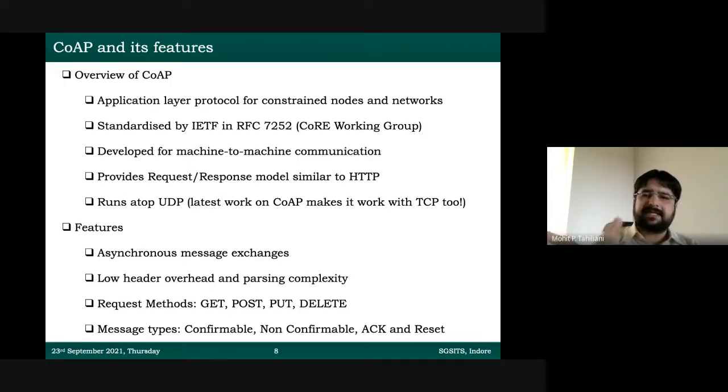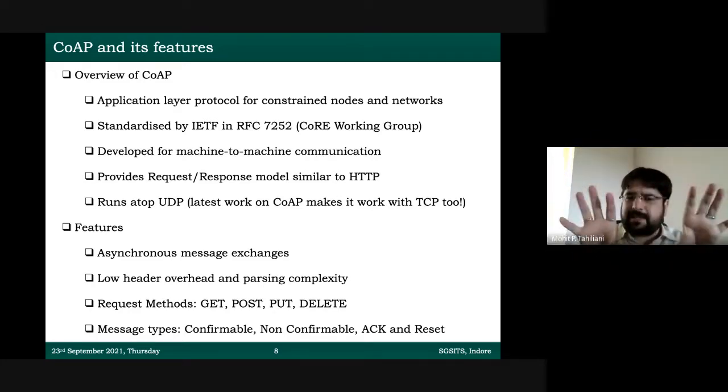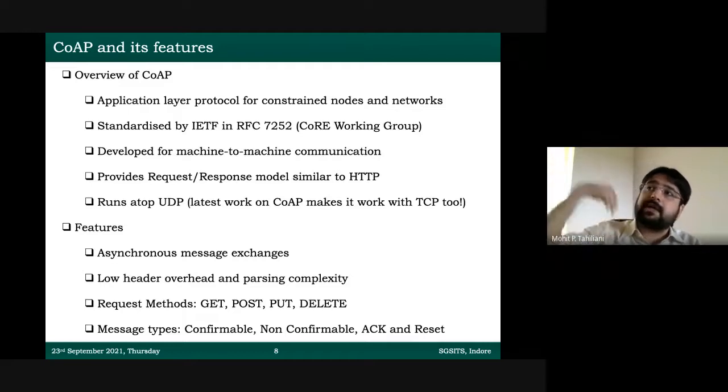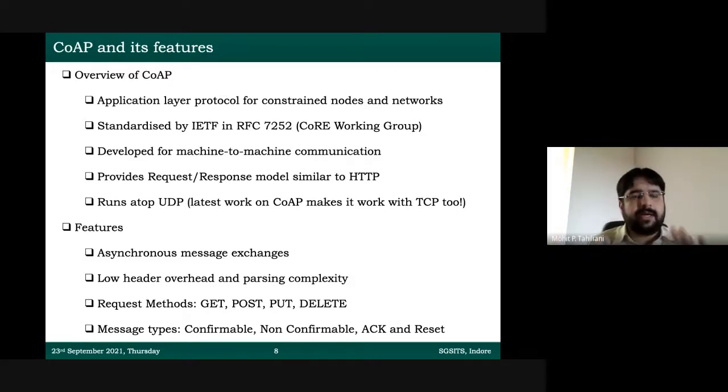And typical methods which are supported in HTTP, like the GET method. GET is to obtain data from the server. POST is to put data on the server. So GET is like a read operation. You are asking for the data, not modifying the data. POST is like you're modifying something and putting that data on the server. PUT is also equivalent to POST, with slight differences between POST and PUT. And DELETE is like you are totally deleting the data. You are requesting the server that this data be deleted. So these are some fundamental methods which HTTP supports. These methods are included in CoAP also. And that's why many people say that CoAP has more or less the same features as HTTP, but it's much, much more lightweight than HTTP.